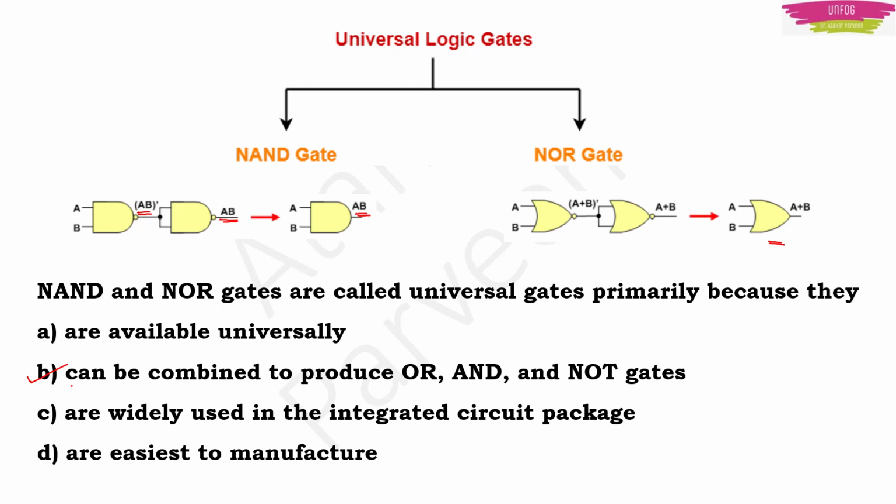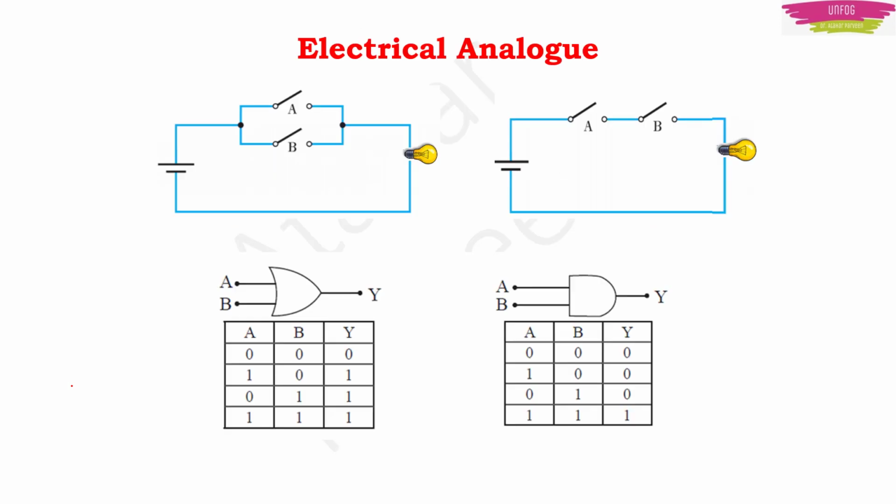We are talking about digital circuits, isn't it? The logic gates. But do you know that they have their electrical analogs also? That means you can construct an electrical circuit using this OR gate and AND gate. In terms of switches, you can see from the truth table, if both the switches, A and B, are open, it means that A is 0 and B is 0. The switch is open in the sense the switch is off. So if both the switches are off, then your output is going to be 0. Your bulb will not light.